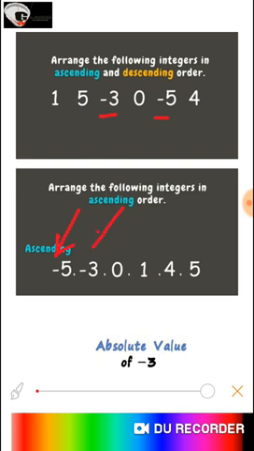After that, it is going to be minus 3. Now, since we are done with negative integers, we have the number 0. And in case of positive integers, the numbers that are far from 0 are the greater numbers. So 1 is close to 0, so it is going to be smaller than 4, and 4 is going to be smaller than 5. We are going to discuss many examples related to ascending and